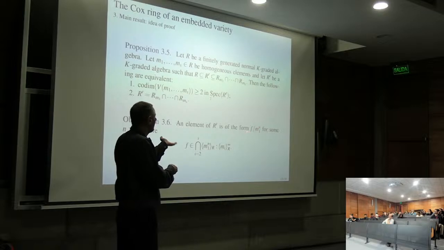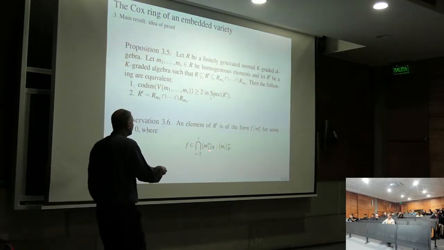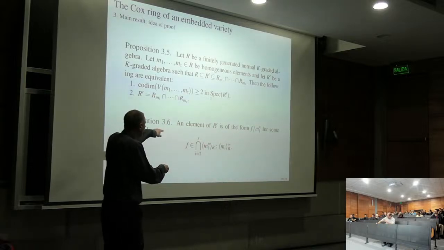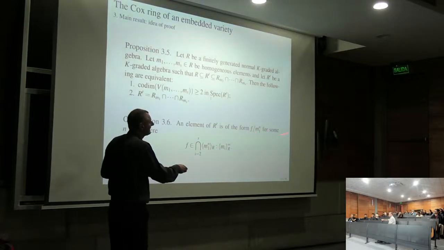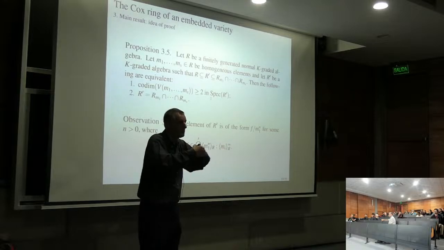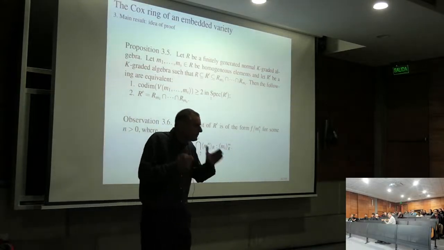Then, if you think a little bit about this, this just implies that f is in the saturation of M1 to the n with respect to M2. And since this can be written in all possible ways, then it must belong to this saturation, and you can write down a computer program